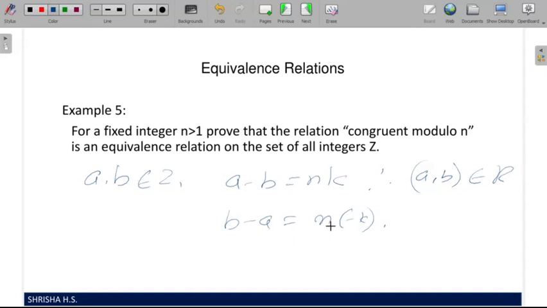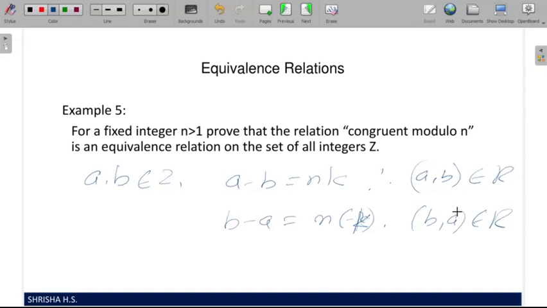For example, there also 5 was there, 5k. So it is a multiple of n. So it's a negative number or positive number, they are not. n is greater than 1, yes, but for example in the previous question, x minus y equal to 5k, we take the minus inside, we don't keep it here, as n is greater than 1. So we take it to the multiplying factor. Okay, so that satisfies the mathematical requirement in the question. So (b, a) also belongs to the relation. So therefore it is a symmetric relation.